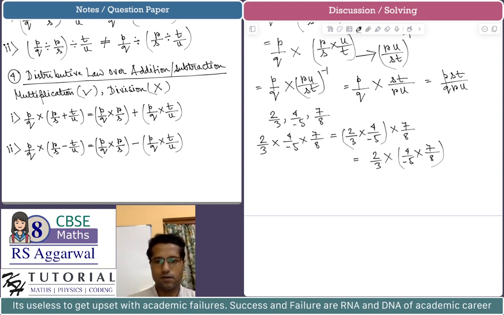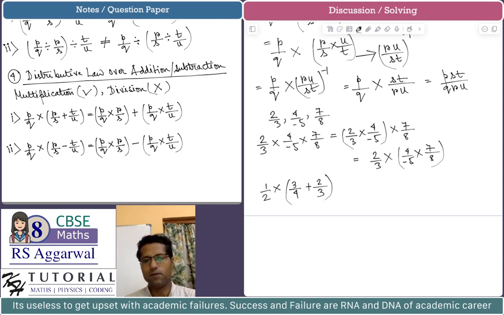What does it mean? Let's take some examples. Let's say you have an expression like half multiplied by 3 by 4 minus, let's say, 2 by 3, or plus, let's say plus, if you have this,